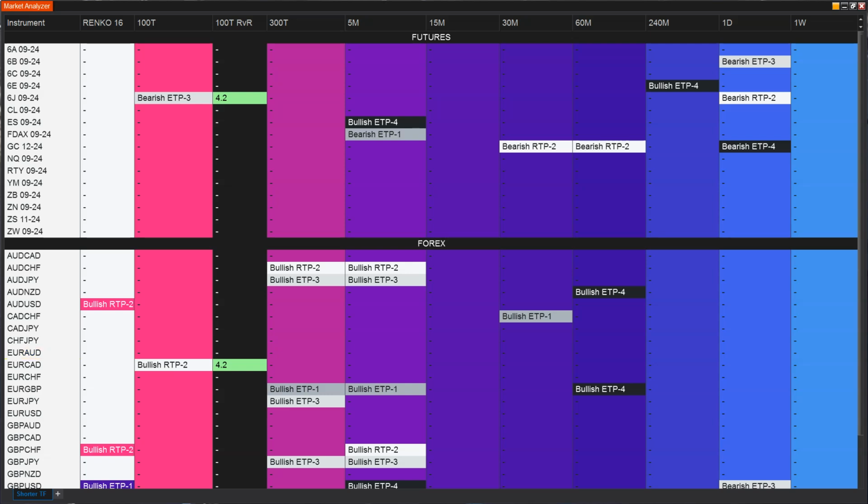You can put stocks in here. You can do anything that NinjaTrader scans, crypto, anything you want. You can make this yours. We give you the template so that you have something to start with, but then you can make it yours. Now, what I look for, and then we'll get into customization and how we use this,